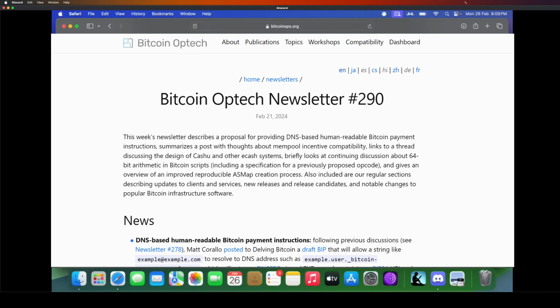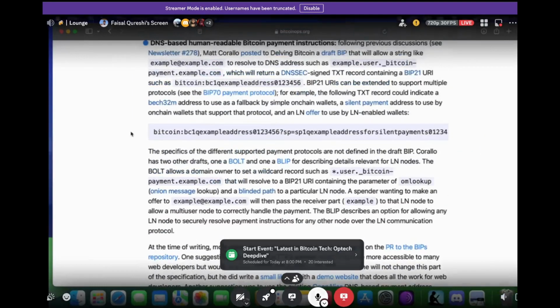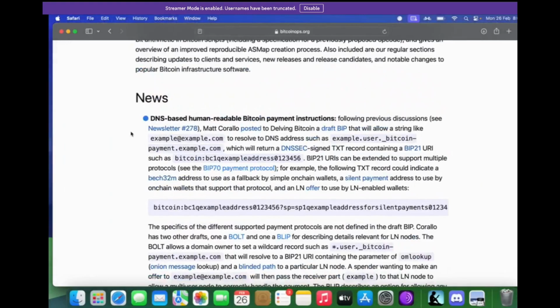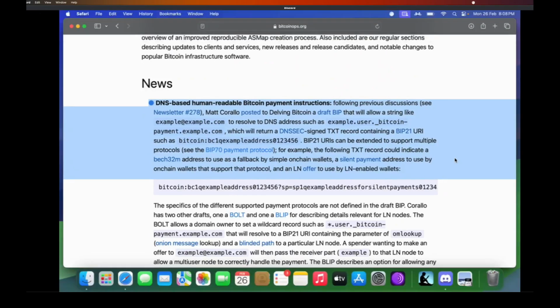I'll go through the first news article, first go through the text, and then we can start discussing. The first news article is DNS-based human-readable Bitcoin payment instructions. Following previous discussions, see newsletter number 278, Matt Corallo posted to Delving Bitcoin a draft BIP that will allow a string-like example@example.com to resolve to a DNS address such as example.user._bitcoin-payment.example.com, which will return a DNSSEC signed TXT record containing a BIP21 URI such as bitcoin: